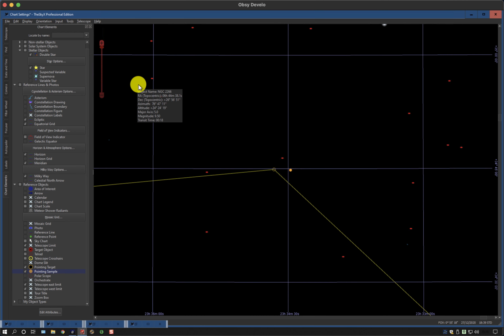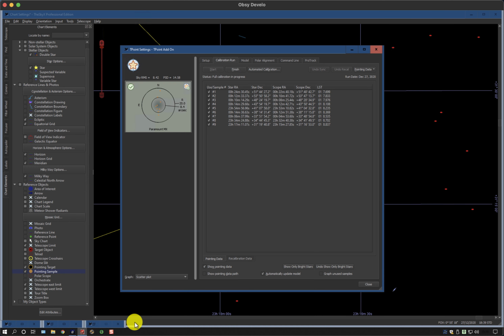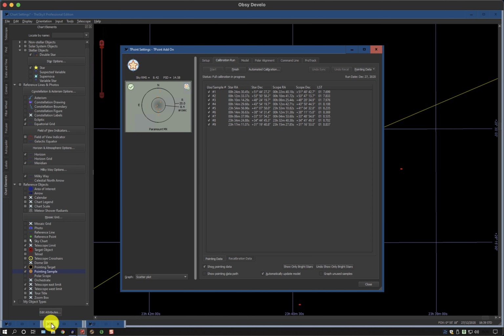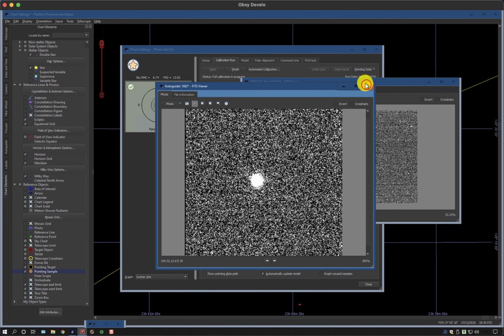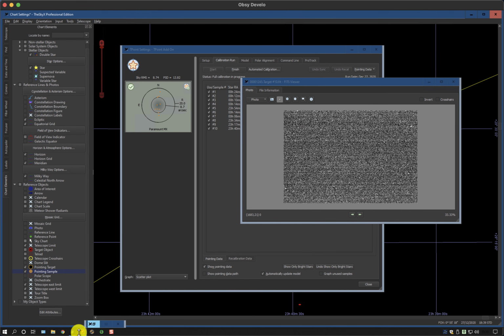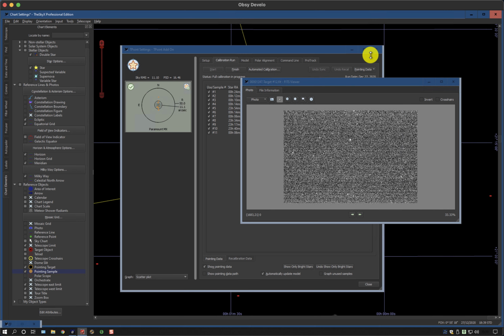To see how well it's doing, if you restore these windows, you can see how it's getting on in terms of the number of samples. This one will also show you the image, which one I'm looking at. Don't need that one anymore, and I need this one. So this one says that so far it's done 11 targets and they've all plate solved okay. So I can shrink that,